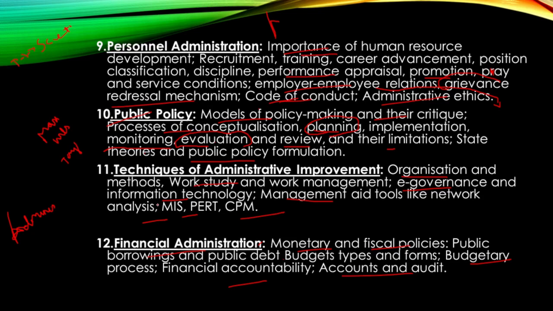For example, if the question is asked from financial administration, use thinkers like Max Weber and Taylor. What contributions are given by these thinkers regarding financial administration? So these are